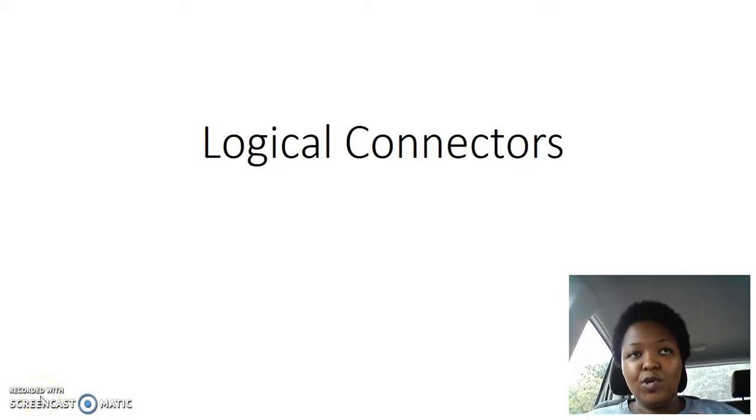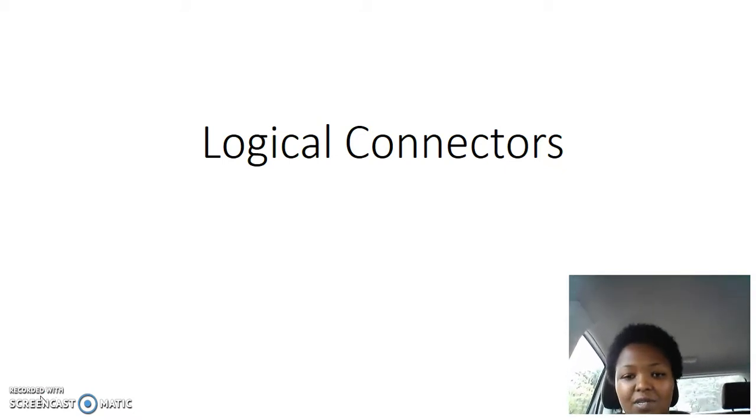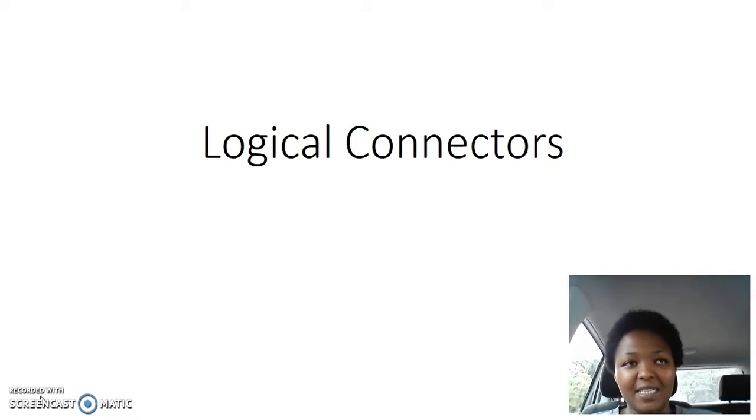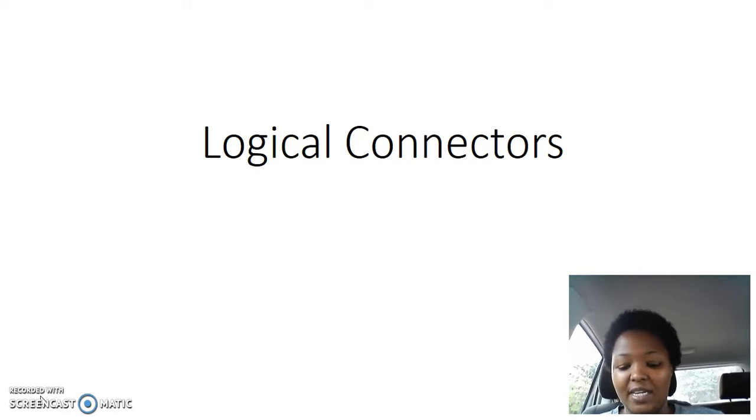Have you ever tried to look at a sentence without certain words that connect them and notice how they wouldn't make sense? Those words that connect these sentences are called logical connectors. So we're going to be looking at the different types of logical connectors, as well as an example to indicate